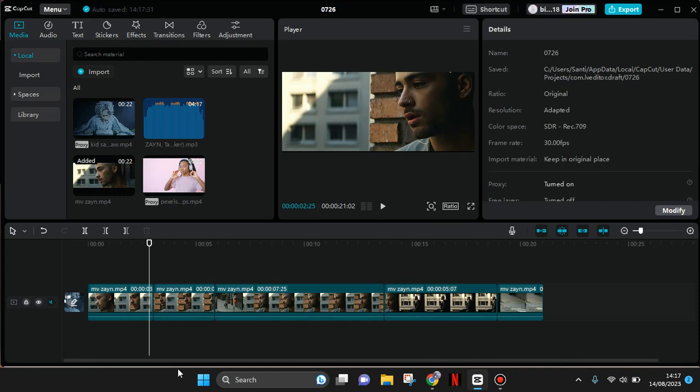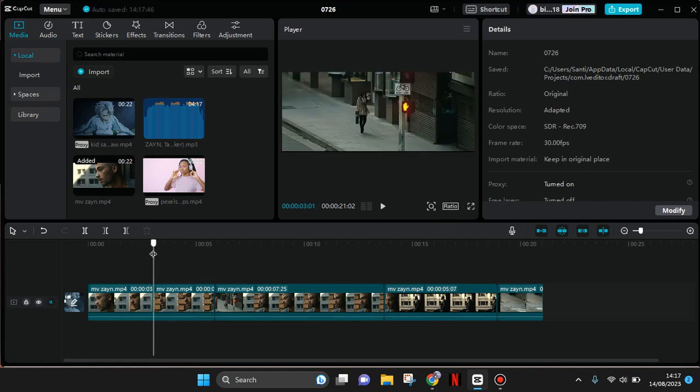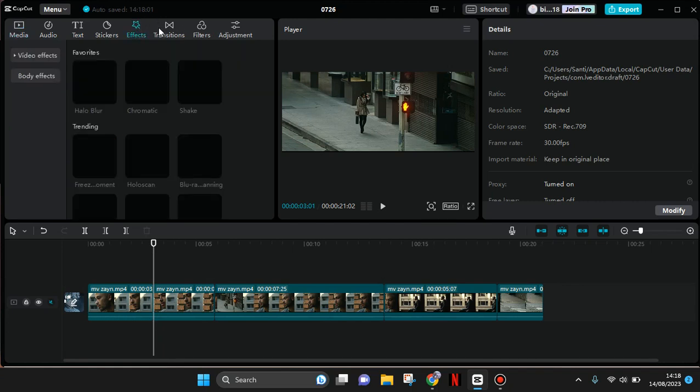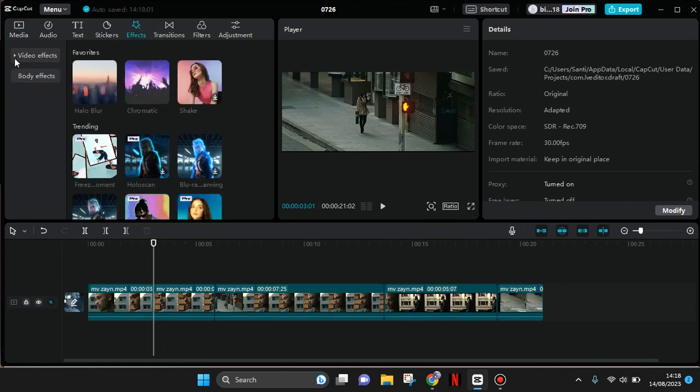So in today's video, I'm going to show you how you can apply the freeze moment effect to your videos on CapCut PC. Here I've already imported a video to CapCut PC, and to apply the freeze moment effect, first you just need to go to the effects menu at the top, then click on video effects and then scroll down until you find the